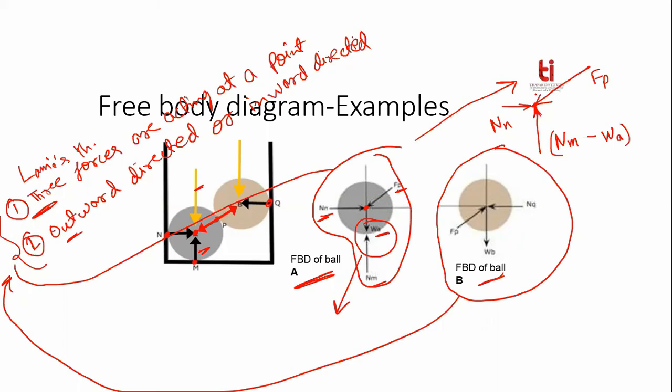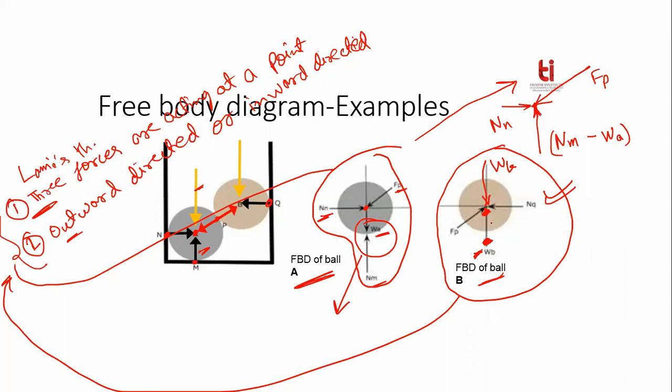Sir, in such a way we can apply this theorem in the FBD of ball B also, like we can write WB as minus of WB. Yes, definitely. So there are two possibilities. The first possibility is you write minus WB and reverse the direction. Another possibility is that you bring this WB over here. So now the direction is the same as given in the problem. Right here WB. Now all forces are concurrent. So you can apply Lami's theorem. Sir, so basically we have to rearrange the vectors to apply the theorem, and always do the same. Yes, yes. All right, sir.